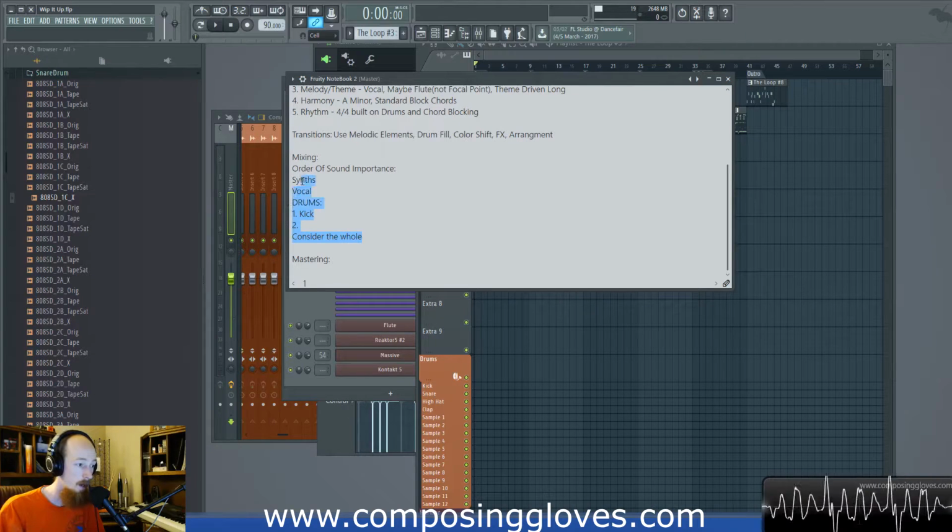I'm at a point now where I've done this so many times that I generally don't write out my mixing steps. And I've noticed that when I do write out my mixing ideas before I do them, my mixing usually turns out substantially better, or I'm a lot more clear in what I'm going for, because you have that ambiguity of like, oh, do I want this? Do I not want this? Because a lot of people, they just start with their kick drum. Like they think, oh, the kick is the most important thing. And a lot of times it's really not. And changing it. So if you hand off your stuff to a professional mixer, they get to decide this stuff.